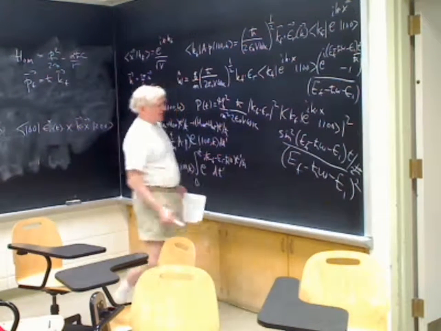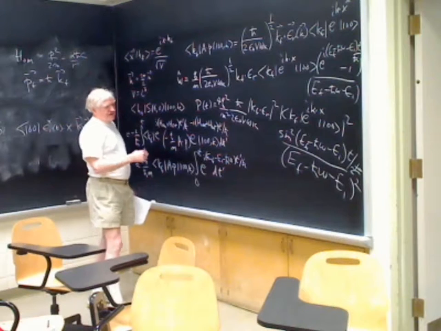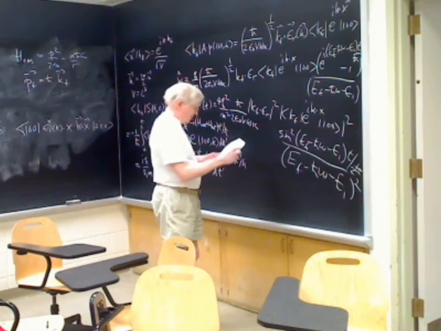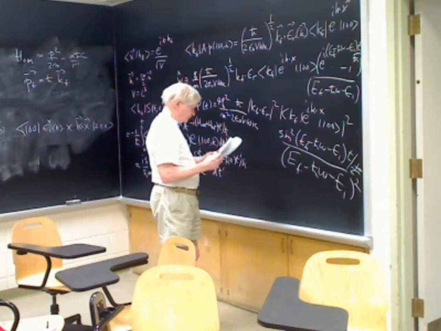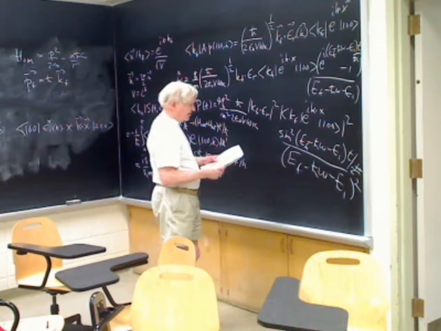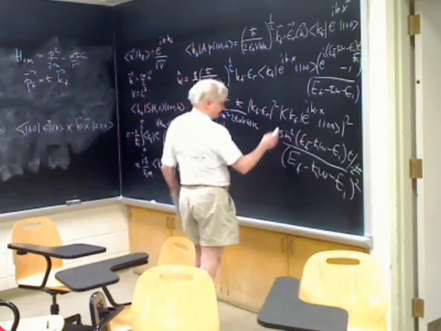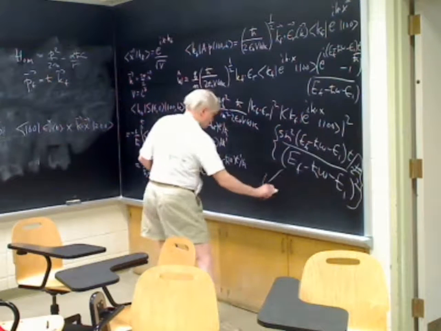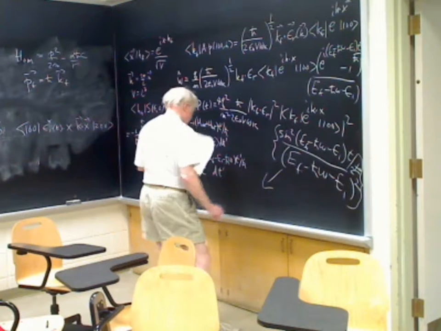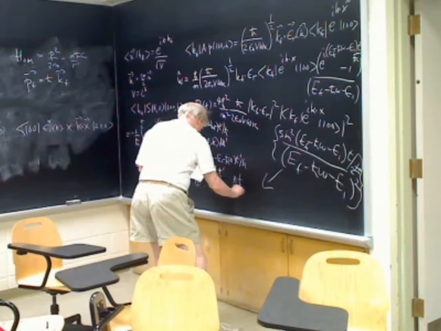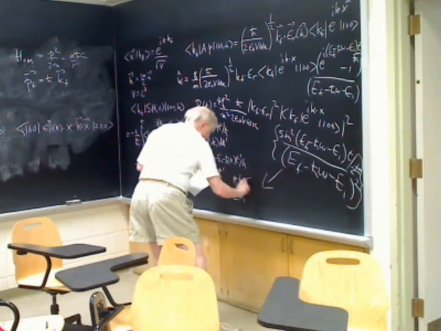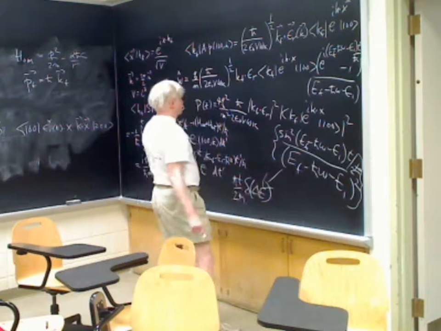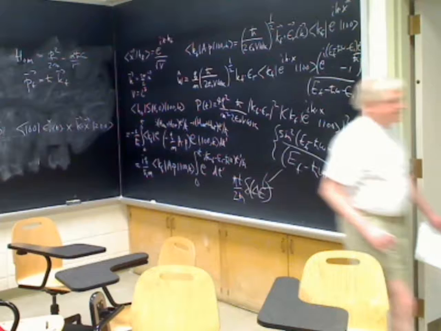So that's our probability. We know everything about it except for this thing, which we have to compute, and then of course we have to use our magic formula, namely that in the limit, this thing turns into pi t over 2h bar times a delta function of the difference of the energies. Okay, so